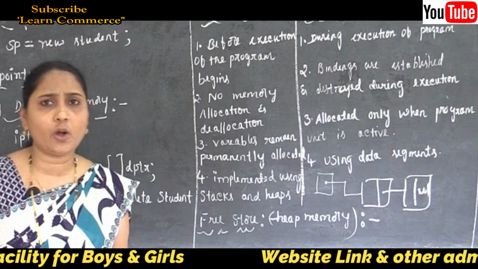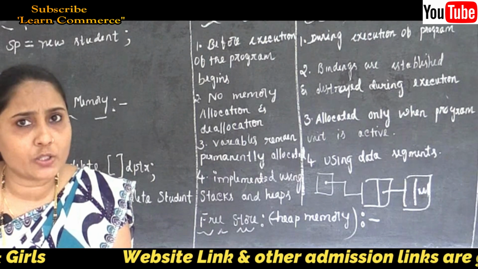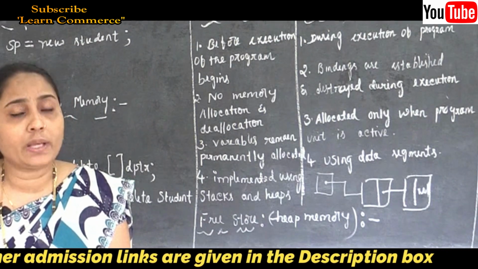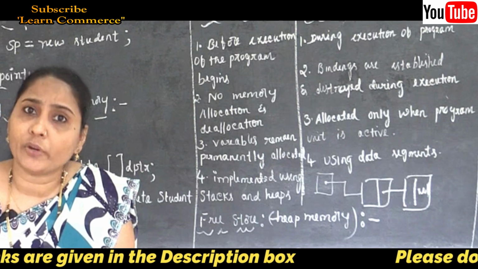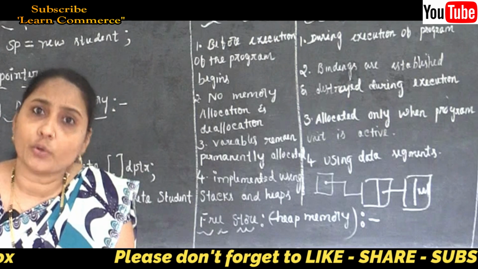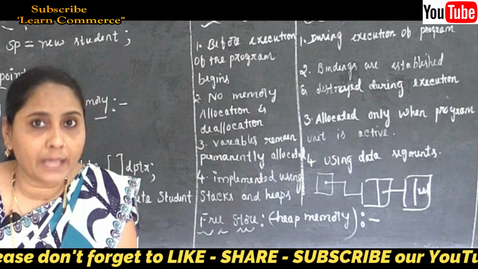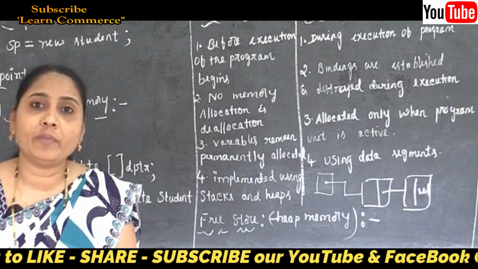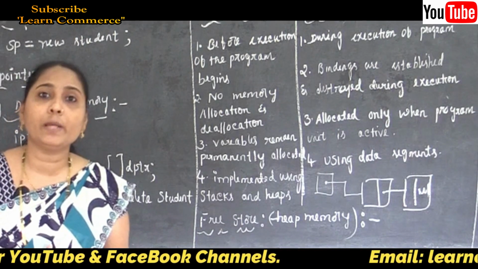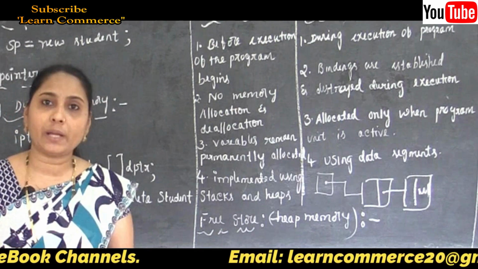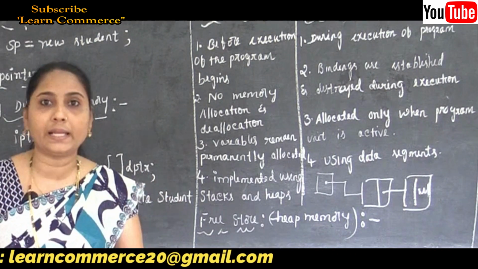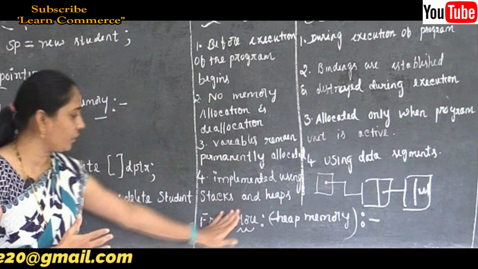So is the meaning of the free store clear? The free store is also called the heap memory here. So it is a place of unallocated memory heap, and that is given to the program, and it is also used by the program for dynamic allocation. And during the execution of the program, when the program is running, sometimes we are going to increase the data, and sometimes we are going to decrease the data. So this is about our free store.